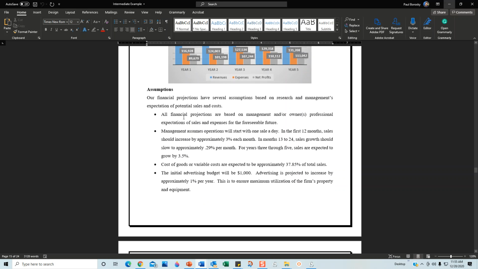Before you get into the financials, you want to tell the reader where you're coming up with these numbers. I don't know what I'm going to have for lunch tomorrow, let alone how much money I'm going to make for business plans, and I've been doing this for over 10 years. I don't know. It's not possible.